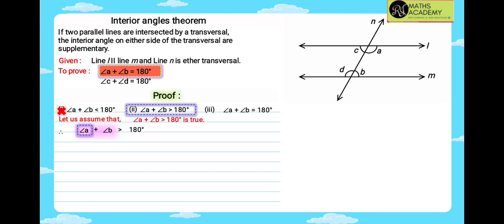So your angle A, we'll understand one by one. That is angle A. It is forming on line L. So on line L, two angles are forming. If you see, angle A and angle C. So it is nothing but a linear pair, angle A and angle C. So linear pair will be what?